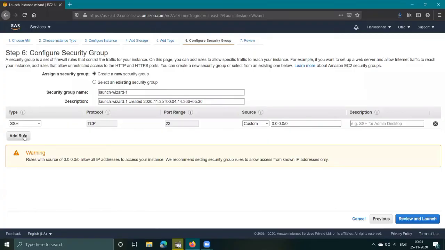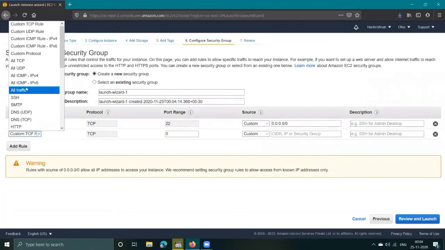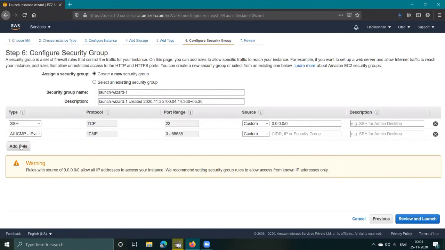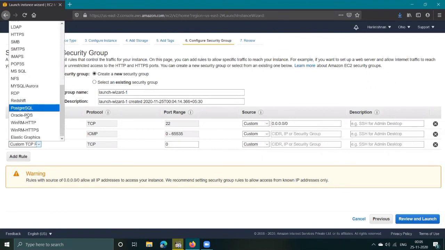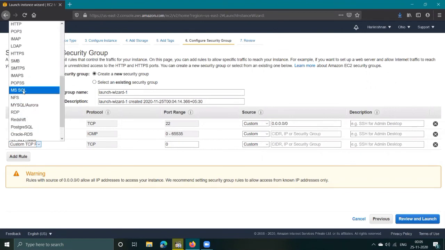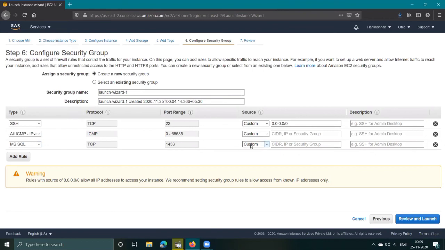Next, select configure security group. Create a new security group. Add the rule ICMP for ping, and MySQL.